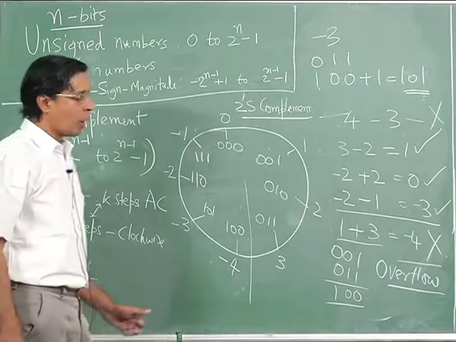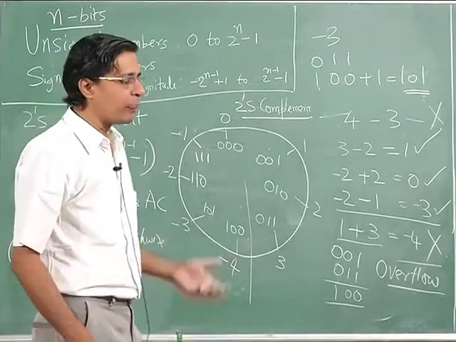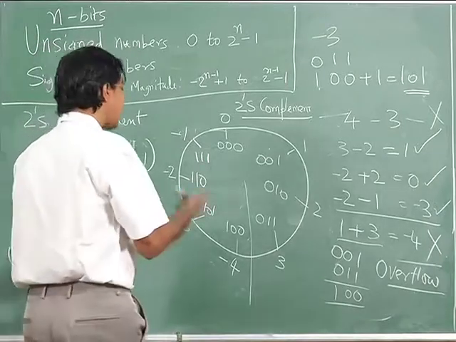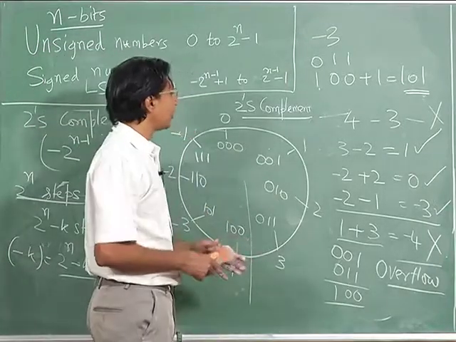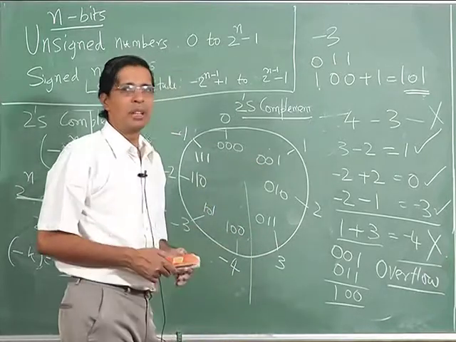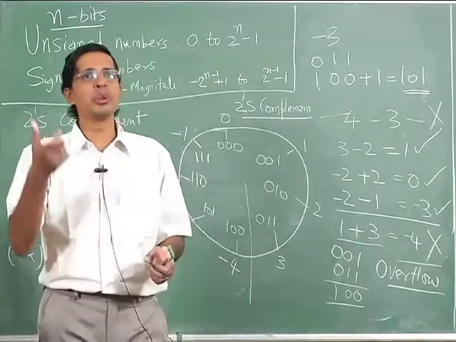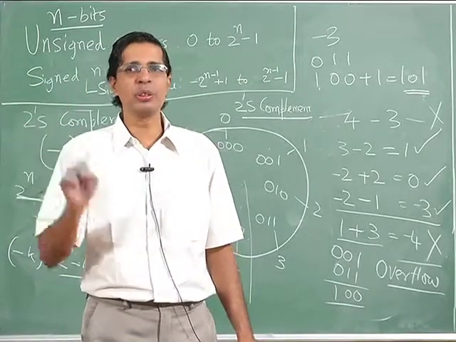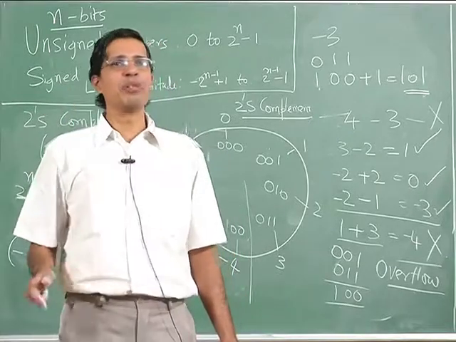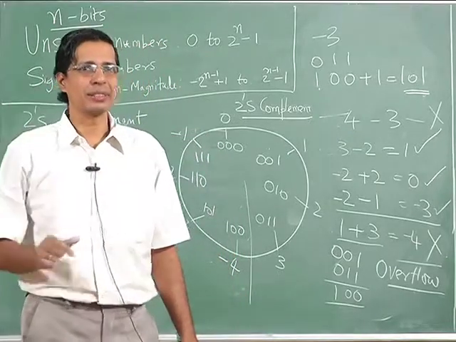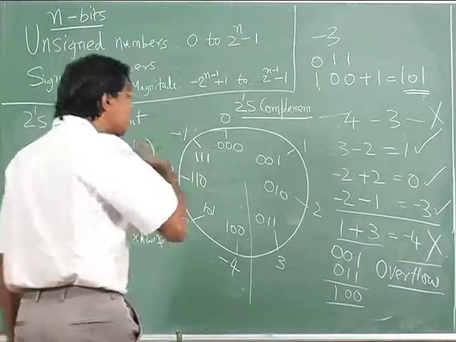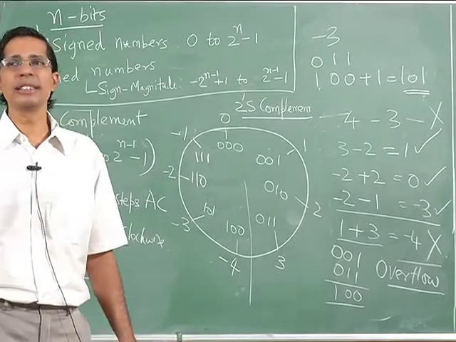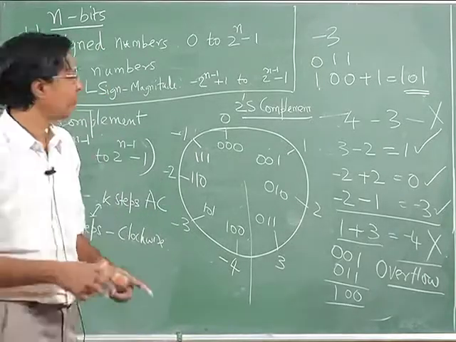So how do you realize the 2's complement representation of a number? If it is a positive number, it is just that positive number itself. If I want plus 1, it is just 0 0 1. But if it is negative, you take the binary representation of the magnitude, complement every bit, and then add 1 to that. Just complementing every bit is called 1's complement, to which I am adding 1 more, so it essentially becomes 2's complement.